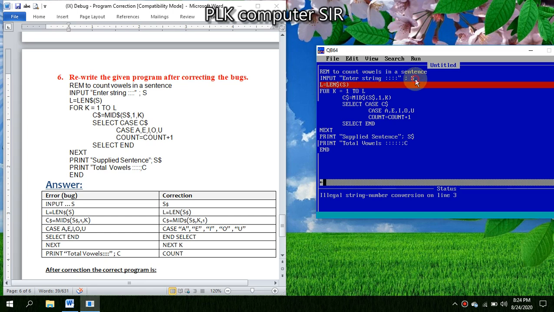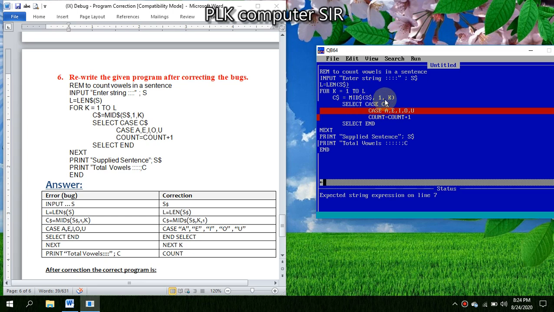Okay, so here the first correction was here. Next, in Len it will not be dollar sign, my dear students. Whenever there is a grammatical or syntax error, it is shown. This is a logical error, that's why no error is shown here. Okay, my dear students, so Len should be 1. Then in each what you have to write,